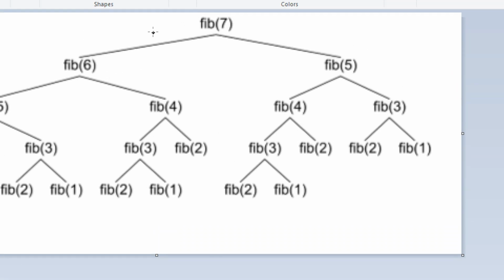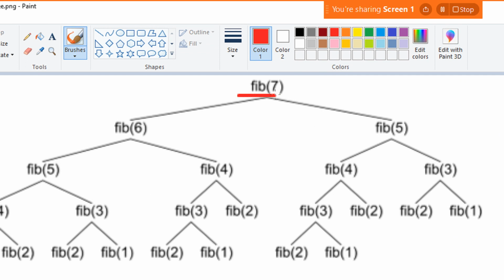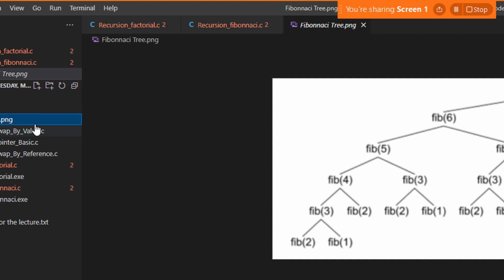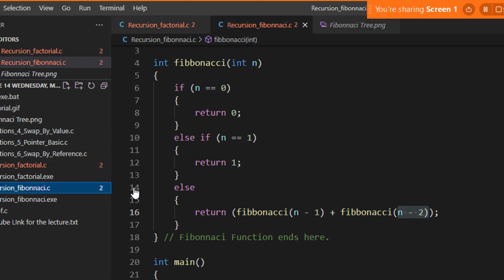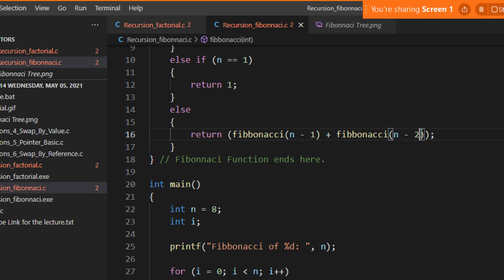Right. So you can see here we are computing the Fibonacci of 7. So what is Fibonacci of 7? As per the function, it will be Fibonacci of 7 minus 1, which is 6, and Fibonacci of 7 minus 2, which is 5.